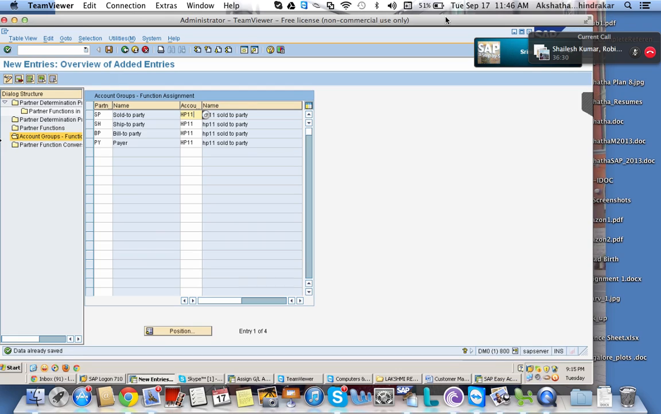First do the definition of partner functions, then assign those partner functions to the account groups, then double click on this partner determination procedure. We need to define a partner determination procedure. Here in this, you will be able to find